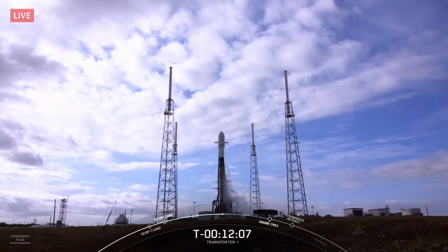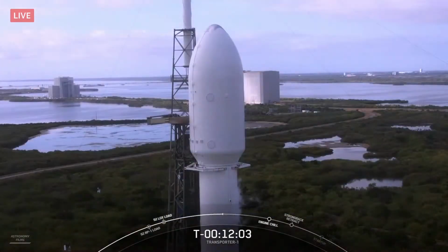On board this mission are 133 commercial and government spacecraft, in addition to 10 Starlink satellites, the most spacecraft ever deployed on a single mission. This count includes CubeSats, microsats, and 2 orbital transfer vehicles, sometimes called space tugs, which will deploy their spacecraft after